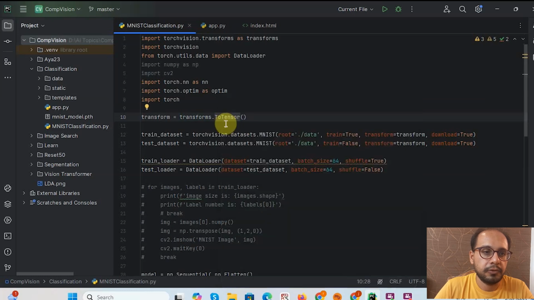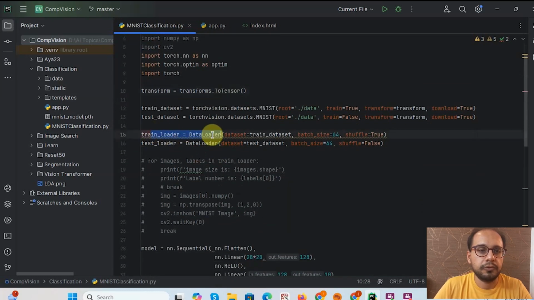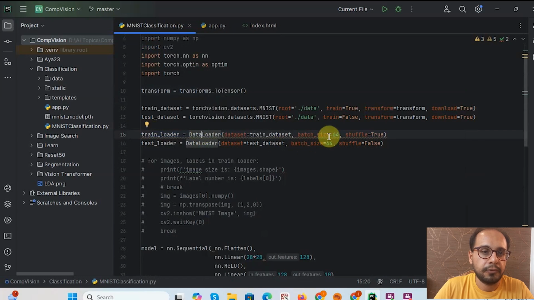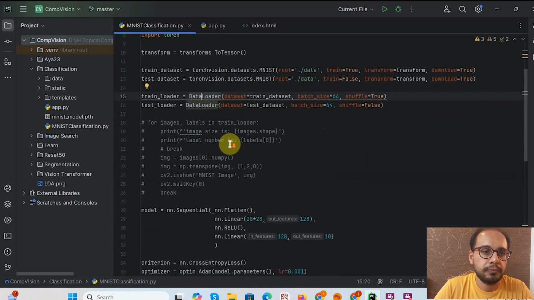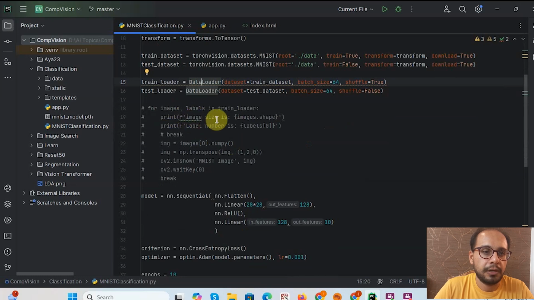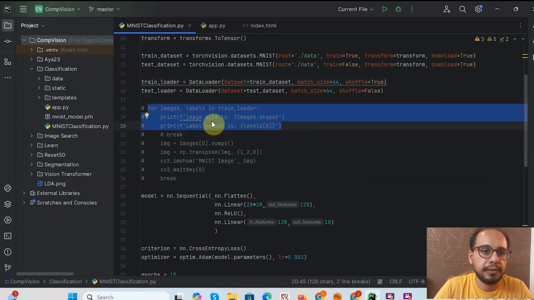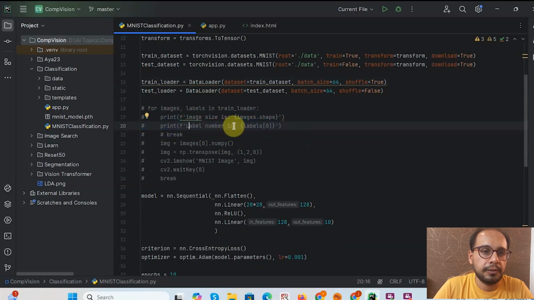And then we use a train loader with DataLoader to make the images in batches of 64 images in each batch for training. If you want to measure the image size, you can uncomment these commands to see what the image size is and what the label of the first image is. For example, it can be from 0 to 9, with the image shown as 28 by 28 pixels, and then you can move it to NumPy. We can convert it to NumPy and transpose it